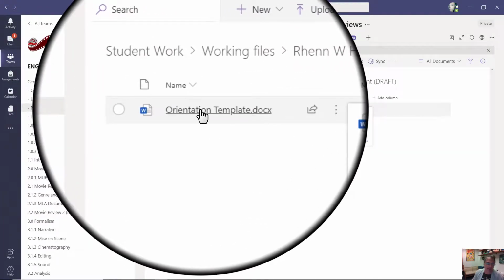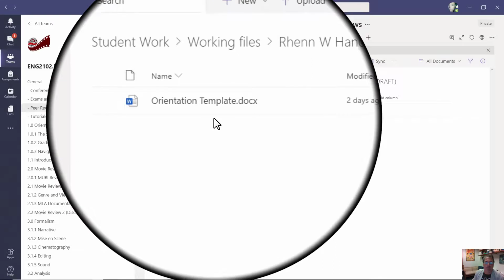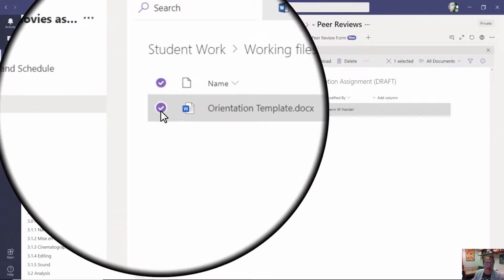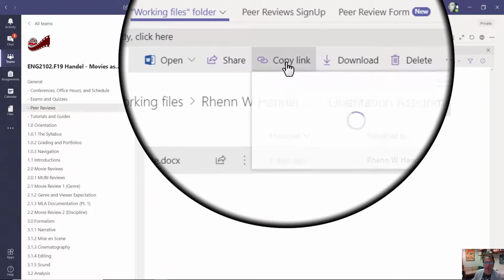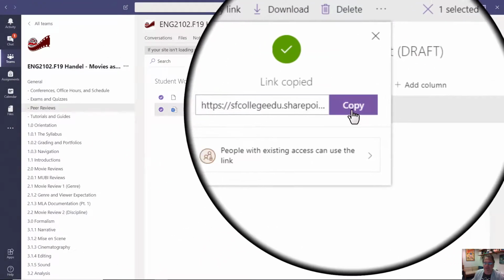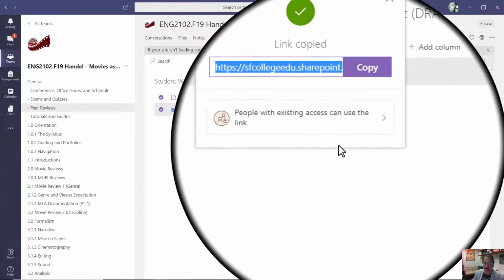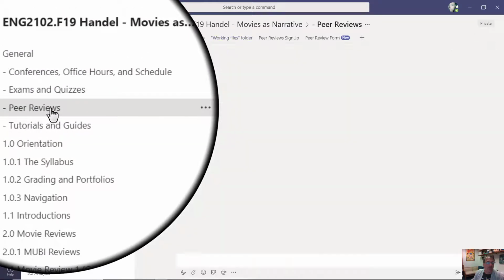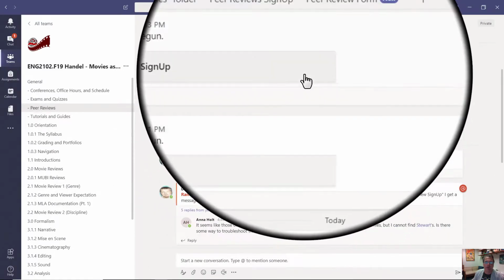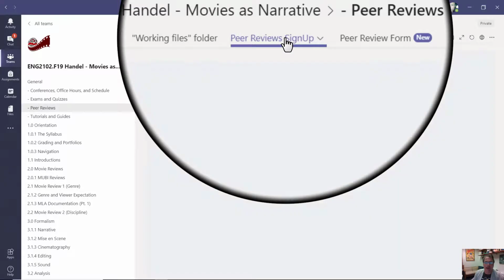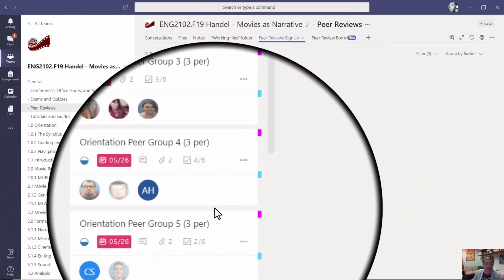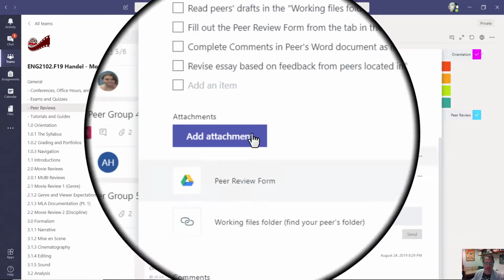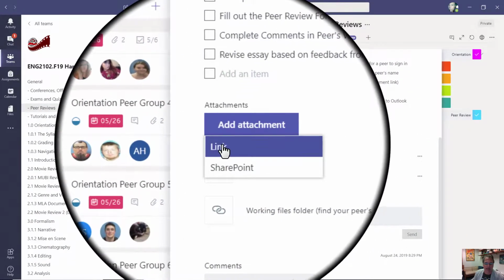So I could click on that just to read it, but the other thing I could do is make a link to that. I could select this here, come over here, and copy a link, which there are other instructions on how to do in another place. I can copy this, and then I can come back to the peer reviews. I could even go back into the sign up, find the group that I am in, and come down here and add an attachment link